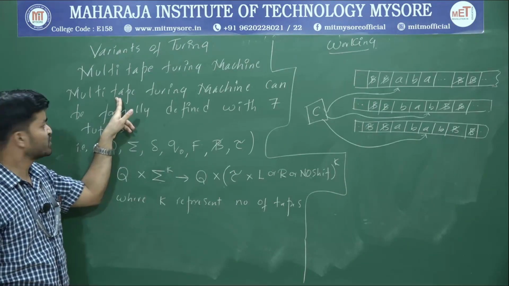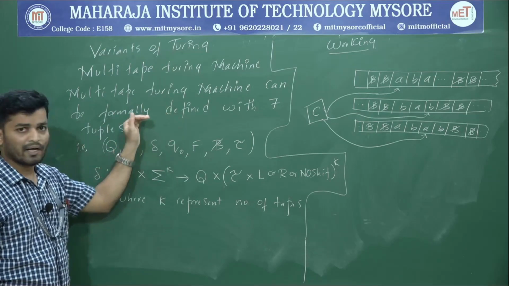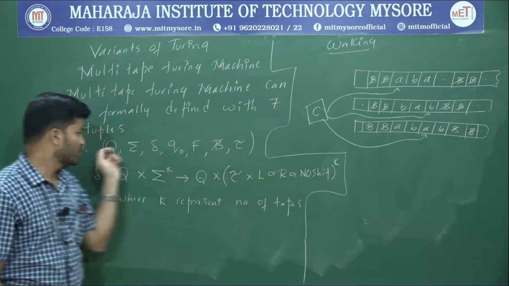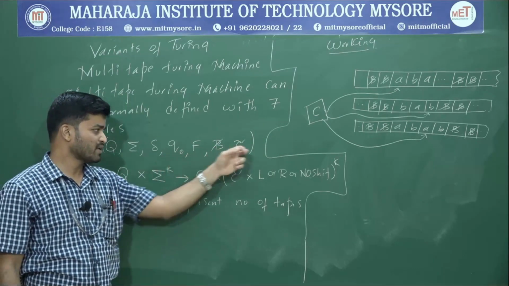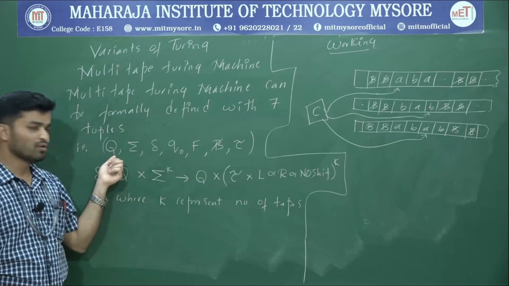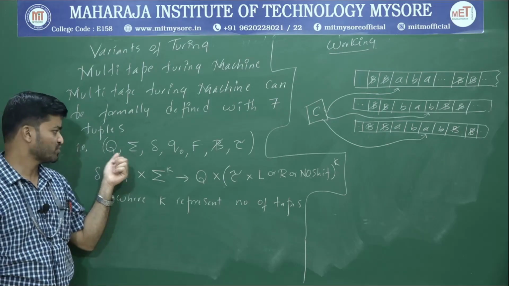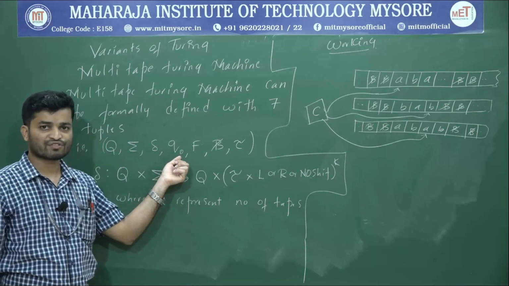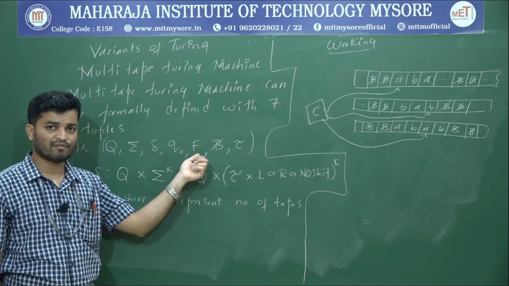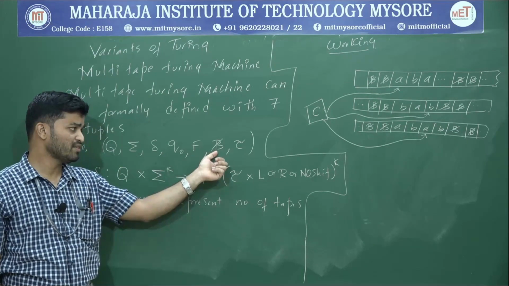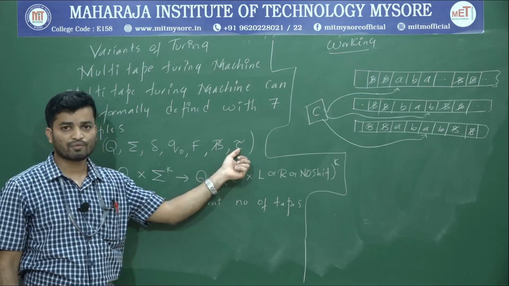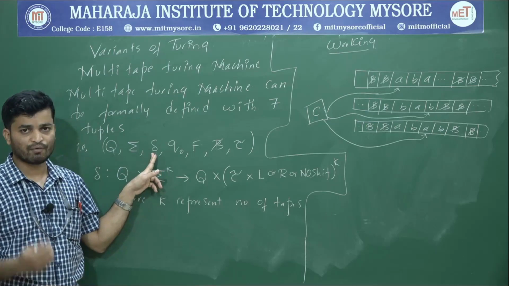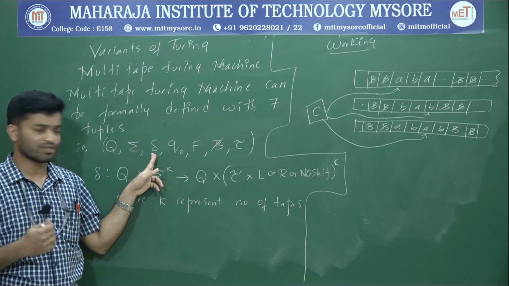The next type of Turing machine is the multi-tape Turing machine, and again this multi-tape Turing machine is defined with 7 tuples, that is Q, sigma, delta, q naught, F, blank space and tau. I think you know Q is a finite set of states, sigma is the input alphabet, delta is the transition function, q naught is the start state, F is the set of final states, B slash is the blank space, and tau is the tape symbol. Only with respect to delta will you find a difference from the other Turing machines.